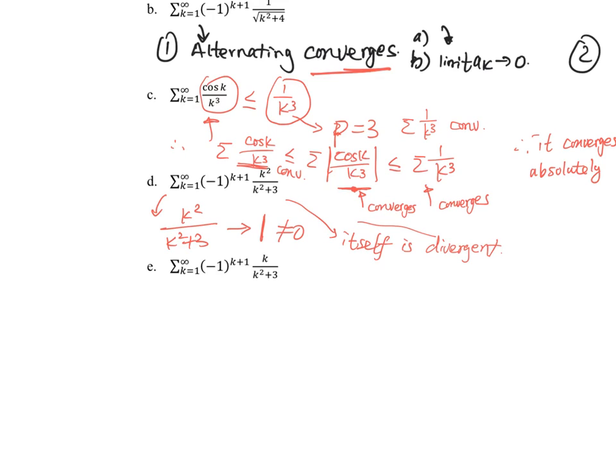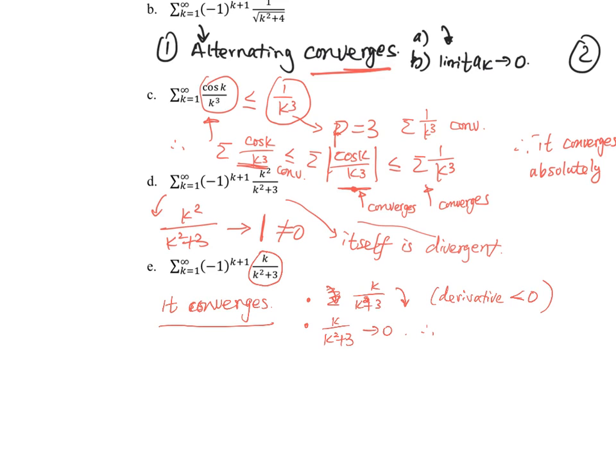So the very last one, check again, it itself converges. It converges, right? Because of a couple of reasons. One, it's decreasing. 1 over k squared plus 3, you can check this is really decreasing. By the way, in class we mentioned how to check: you can find the derivative, and if the derivative is less than 0, that's one way to show it. Secondly, the limit is approaching 0,